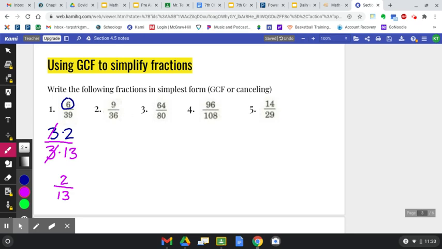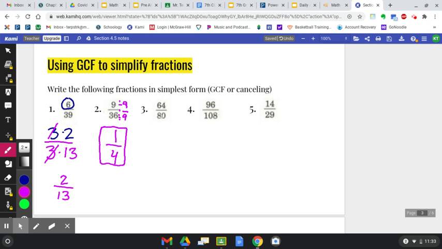I might say, okay, I know 9 goes into 36, so I can just divide the top by 9 and the bottom by 9. 9 divided by 9 is 1. 36 divided by 9 is 4. The greatest common factor between these two is 1. Now, getting into larger numbers,